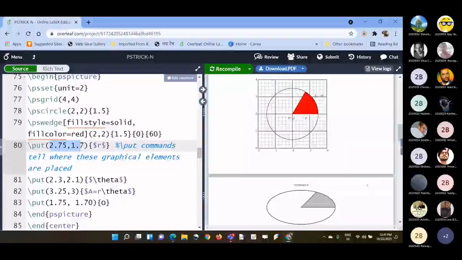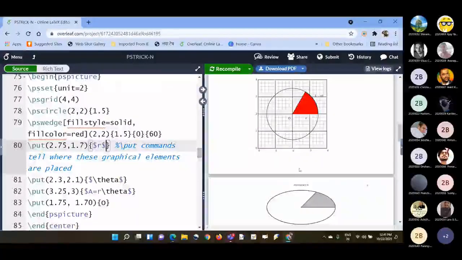Because this is a line, you can see this is 0 0 and this is 1.5, so this will be 3.5. So in between somewhere you can take something, from 2 to 3.5. You can take some coordinate.